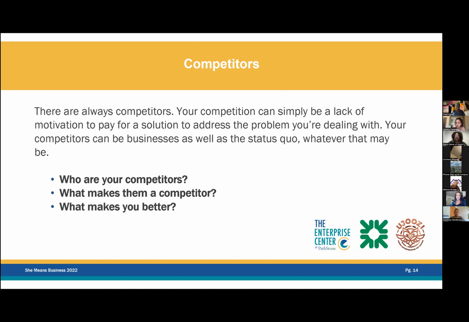Who are my competitors? What are their strengths and weaknesses? Why do my customers go to them? Why would my customers leave them to come to me? How are they reaching their customers that I should be doing to reach those same customers? Those are things you really want to understand, and it's easier than you think to do that type of analysis,